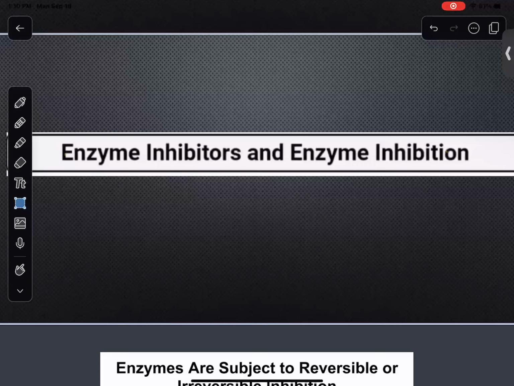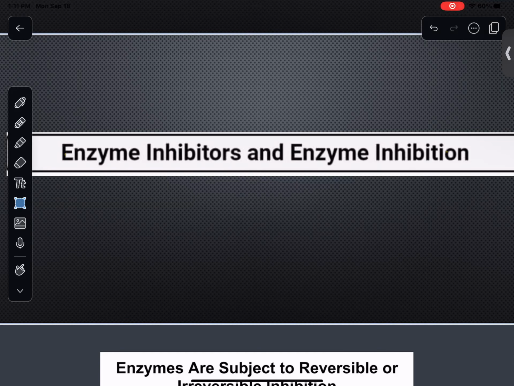Nexium, esomeprazole, is a medication used for GERD and heartburn. That's an example of a proton pump inhibitor, and the proton pump, as we all know, is an enzyme. If we inhibit that proton pump, we lower the amount of acid in someone's stomach that's causing all those problems. So these are important. If you're pre-med in any way, shape, or form, this is not just going to come up, it's going to form the foundation of your treatment of the patient. So definitely pay attention, do yourself a favor.